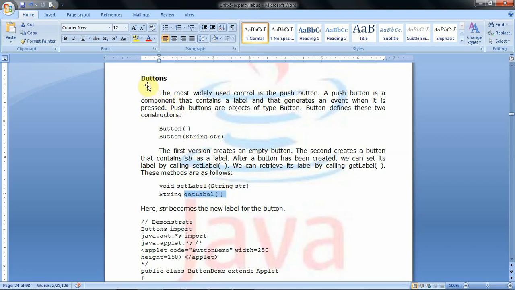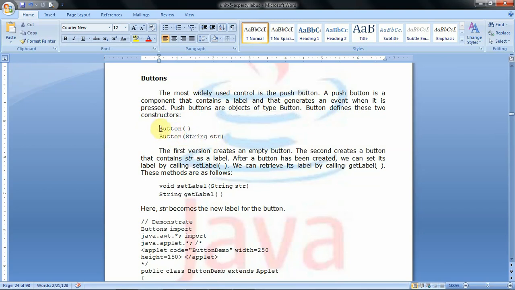So that is briefly about buttons or push buttons. A push button is an active control that generates an event when it is pressed. That means it gives a response to the user whenever the user presses the button or clicks the button. The button is created with two constructors: Button without any argument, and Button with a string type of argument.